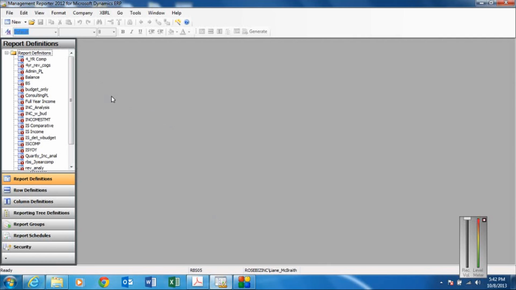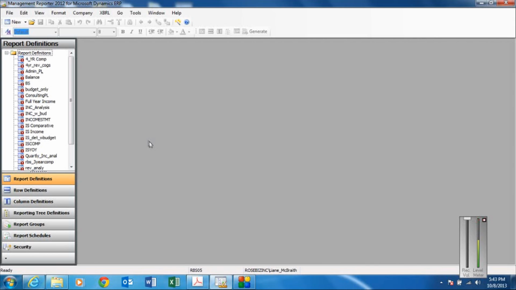called Report Definitions. Now when you first launch the Management Reporter program for the very first time, you may get a prompt window that asks you to enter your login and password. You'll enter your Great Plains login and your Great Plains password, and you'll be required to do this for each of the companies that you have set up in Management Reporter. So if you have 4 companies set up in Management Reporter, you will be prompted 4 separate times to enter your login and password. But there's a checkbox that says to save your credentials, so you won't have to do that ever again. Once you put in your login and password and mark the box to save your credentials,